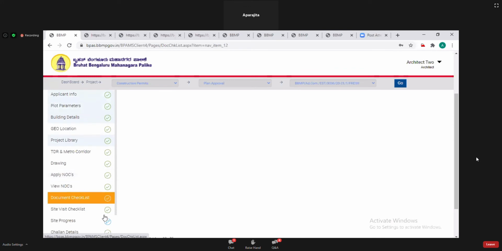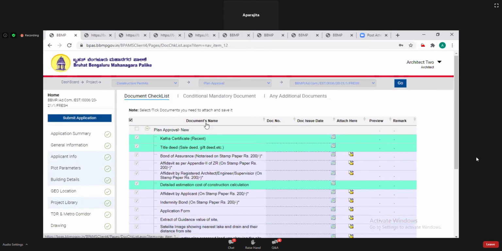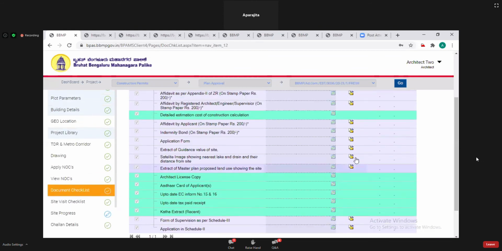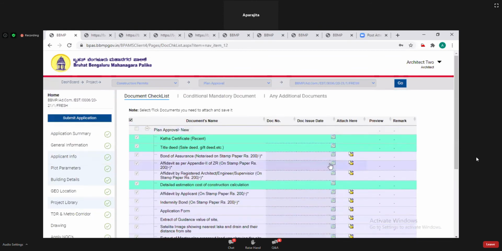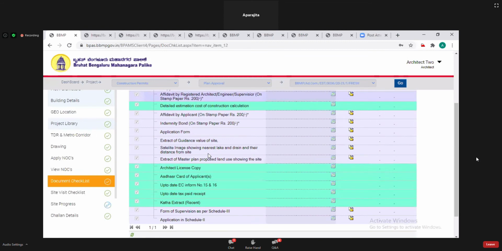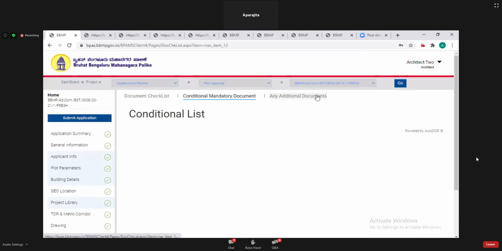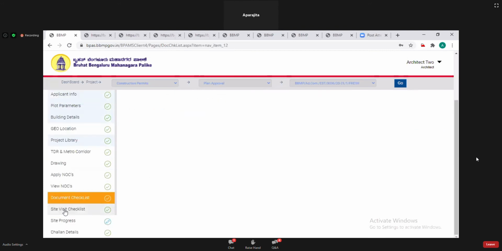Then go to document checklist. So these are the mandatory documents. Here you have to attach these documents. These are conditional documents, if any condition applies, and this one is for any additional document.